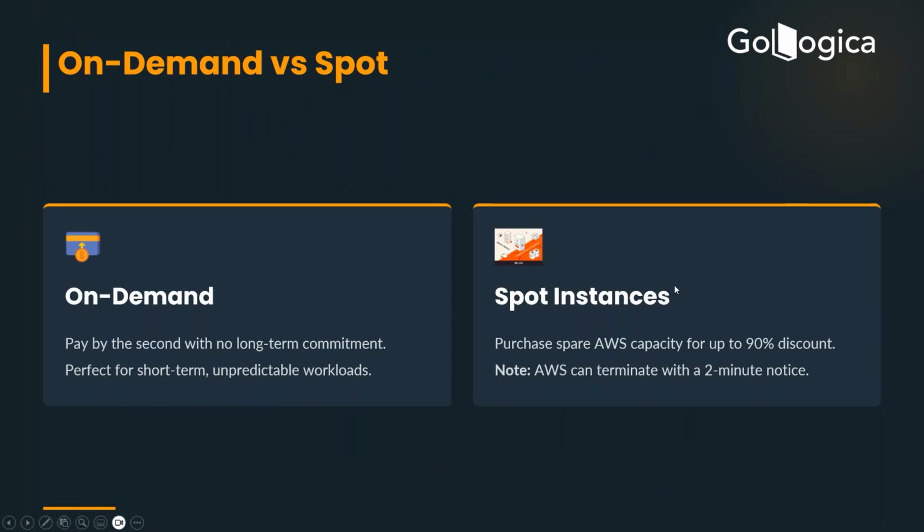AWS will be sending those users a notice: you can wind up these spot instances, because we have a requirement for on-demand instances or any other instance type. So they will get a 2-minute notice where they need to take their application down.